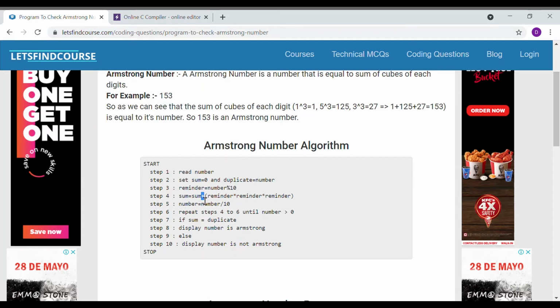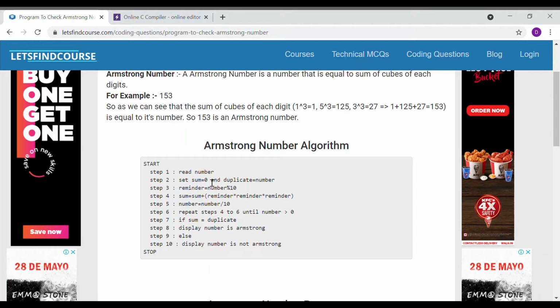Then we do sum plus the cube of the digit. Whatever the remainder is, that is the digit of the number, we take its cube by multiplying it 3 times, and add it to the sum, which is initialized to 0. Then we divide the number, as I told, 153 gives 3, after that we divide to get 15, so we get each digit.